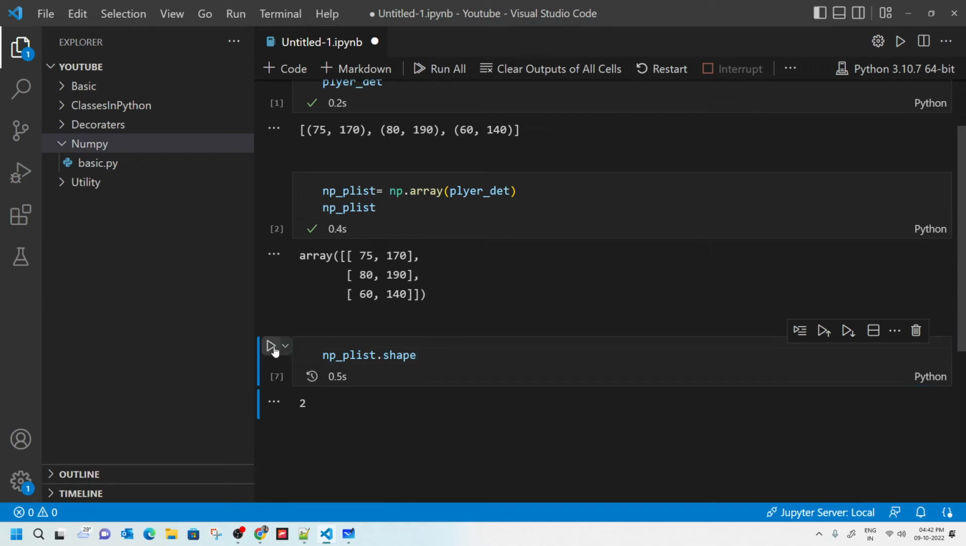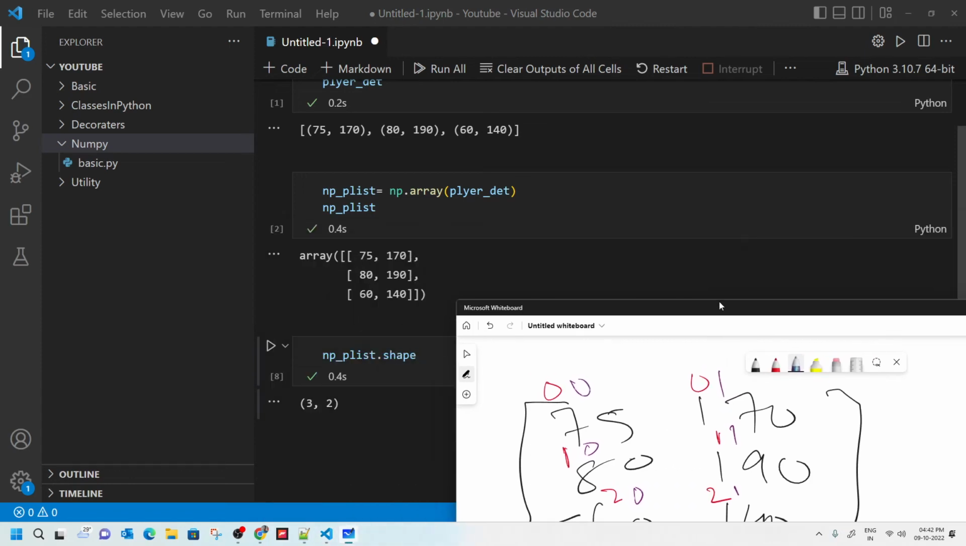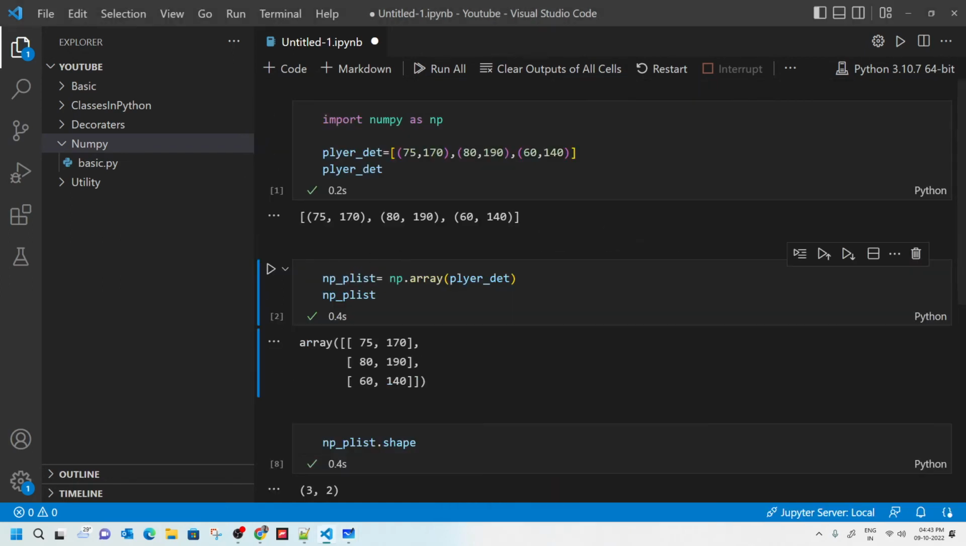So when we print the shape, it's 3 into 2. As I told you earlier, it's a 3 into 2 matrix because there are 3 rows and 2 columns. Okay,